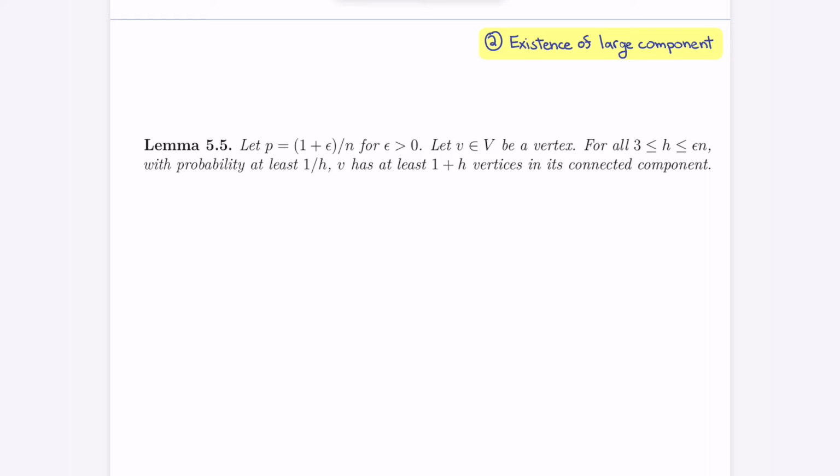Okay, so if this is true, I pick one vertex and I try to get up to log n over epsilon squared, because once I get there, I win. If I fail, that vertex lost. We throw away the log n over epsilon squared vertices that were also in its component, and I try again